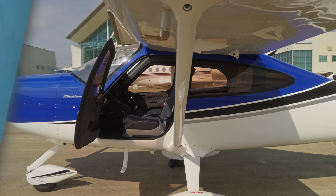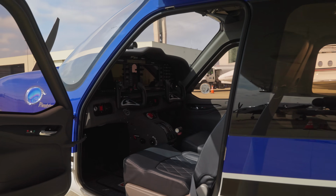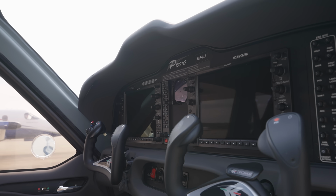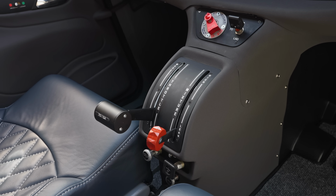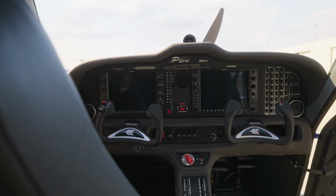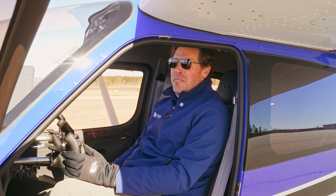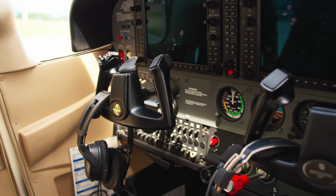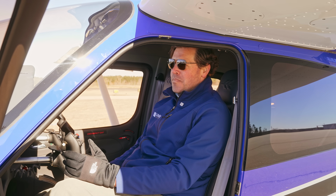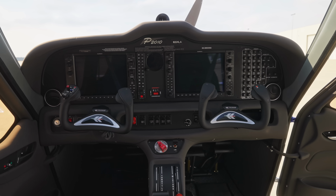The place you're actually going to notice the biggest difference is in the cockpit. Both of these planes feature Garmin avionics, yoke-style controls, and seating for 4. But where they really stand apart is the way the manufacturer approaches the interior design. Sitting in the 172, you'll notice a utilitarian design that gets the job done well. However, moving up to the P2010, you have an interior that's more like what we're used to seeing in the